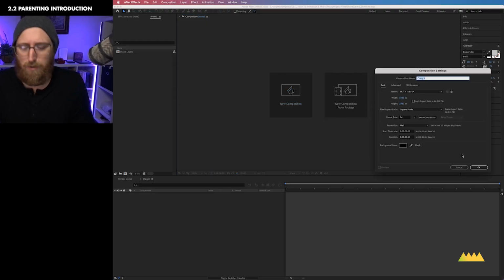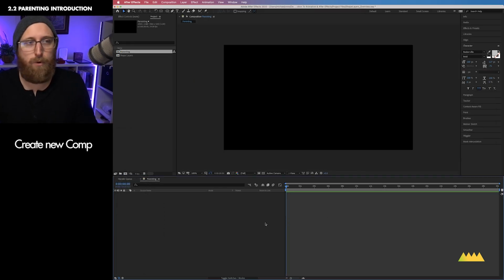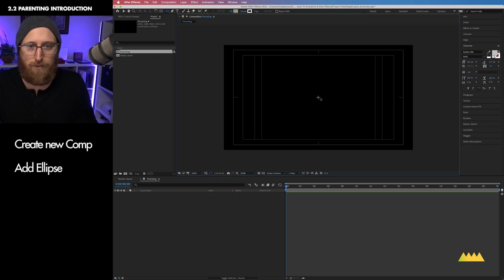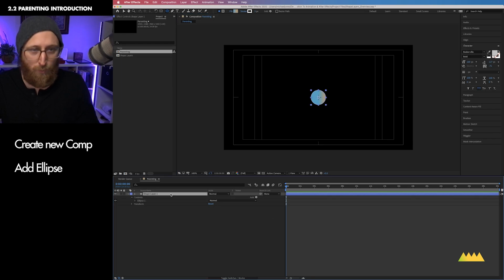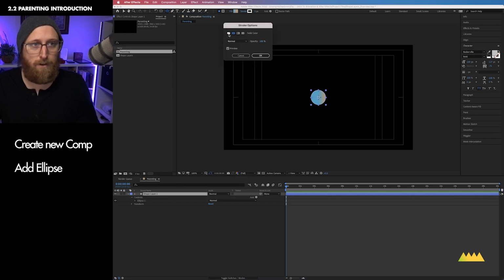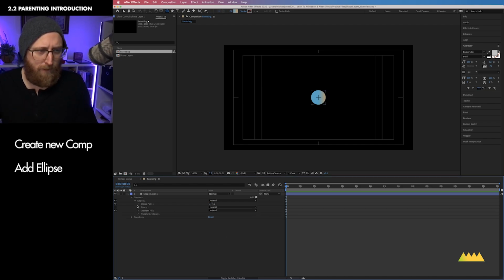So let's go ahead and create a new composition, and I'll call this parenting. I'm working at 24 frames per second. And let's go ahead and add a shape layer as we've been doing. I'm just going to stick it right in the center of the composition. With the shape layer selected, I'll turn off the stroke and just leave that gradient fill. Actually, I'm going to adjust that gradient fill so it's nice and even,